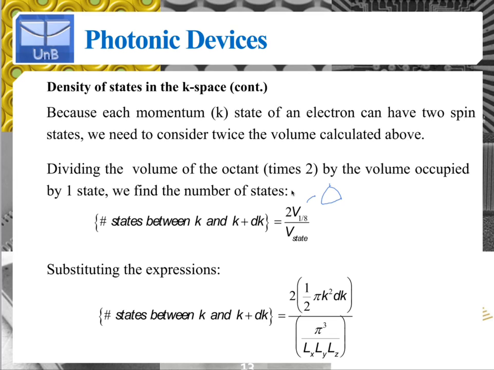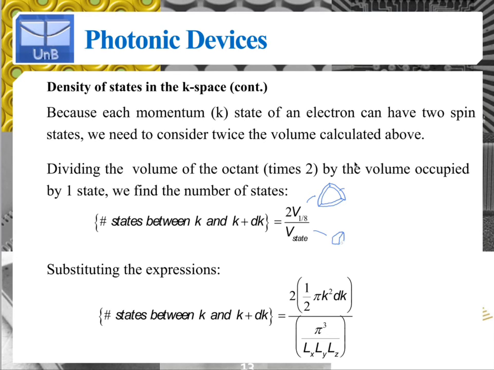I'm talking about the volumetric region, of course, because inside this volume in k space you will have all of the points associated with the states with wave vectors within this range between k and k plus dk. So if we divide twice this volume by the volume occupied by one single state